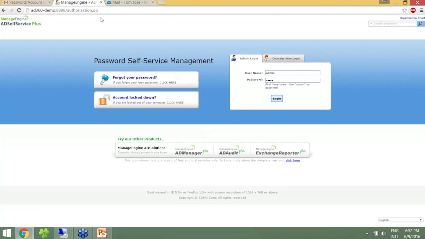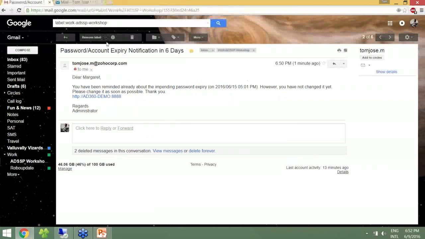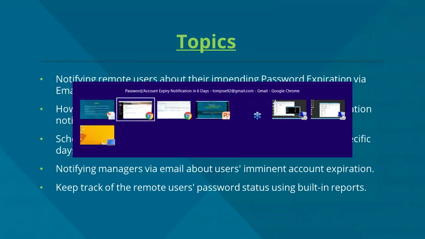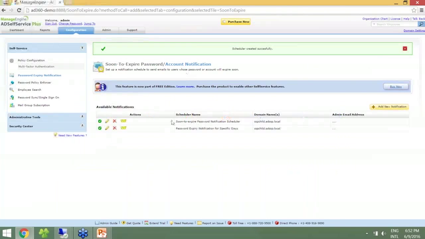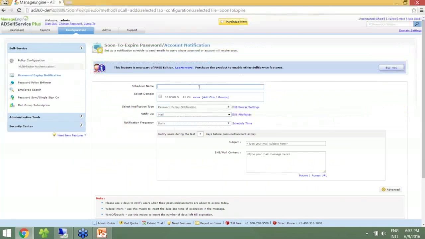So before we go for that one, I'll show you how to configure for account expiry. So let me just go to the product page and add a new notification, and that is account expiration. And I'm going to choose the entire domain, and this will be the notification time. I'm going to choose the account expiry notification. Again, it's going to be notified via mail, and the notification frequency, I'll just keep it as daily right now, and I'll just type in a new subject, that is account expiration soon,